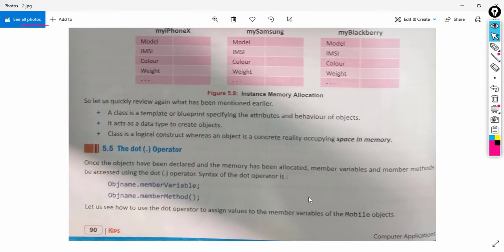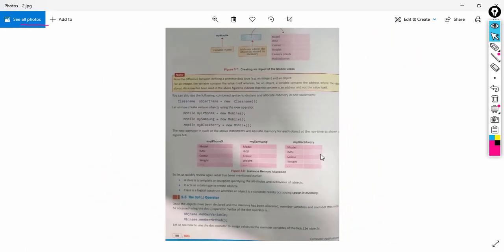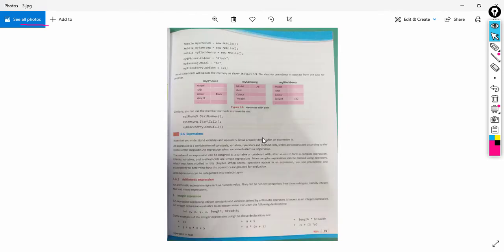Then we can come to the dot operator. We have seen this dot operator many times. This dot operator is used for accessing member functions and member variables. So which are the member functions and the member variables? As you can see here,